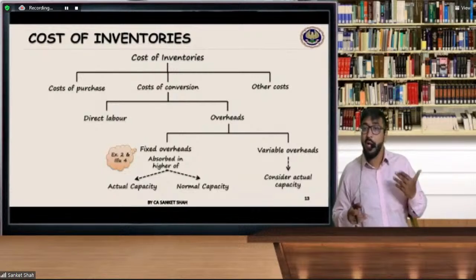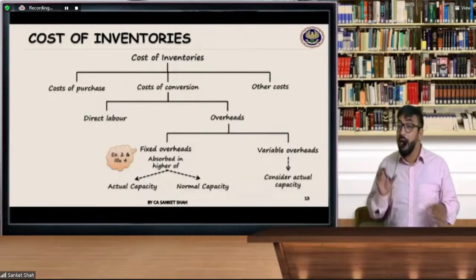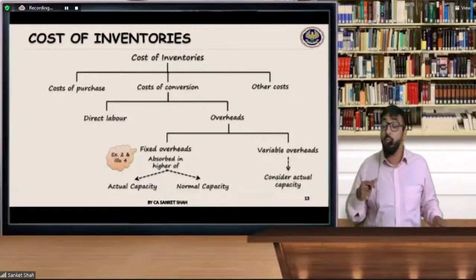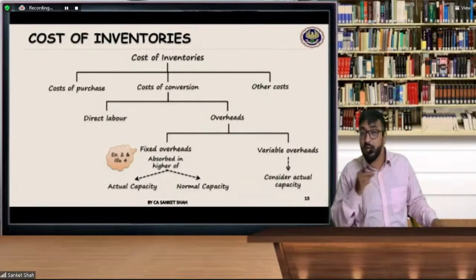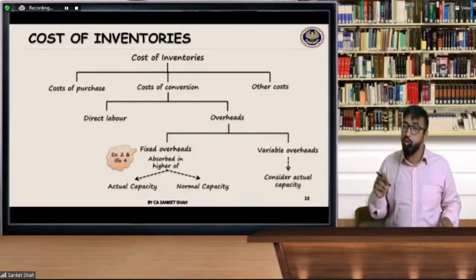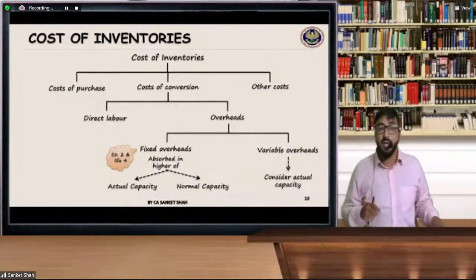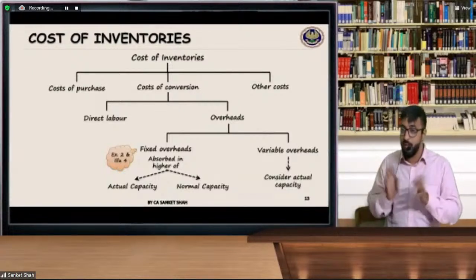तो यहाँ पे हम लोग एक्चुअल फिक्स ओवरहेड तो ले लेंगे सर, पर डिनोमिनेटर में क्या दिक्कत आती है? डिनोमिनेटर में आपका कैपेसिटी डिटरमाइन करना पड़ता है। और ये हम लोग देख रहे हैं कि फिक्स ओवरहेड का पोर्शन हम लोग इन्वेंट्री को कितना लगाएंगे। इन्वेंट्री में हम लोग फिक्स ओवरहेड जो एक्चुअल जेब से गया उसको तो लेंगे। डिनोमिनेटर में क्या लेंगे? नॉर्मल कैपेसिटी और एक्चुअल कैपेसिटी, विचेवर इज हायर।